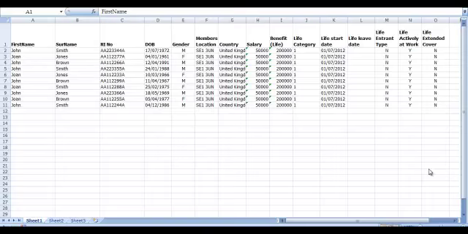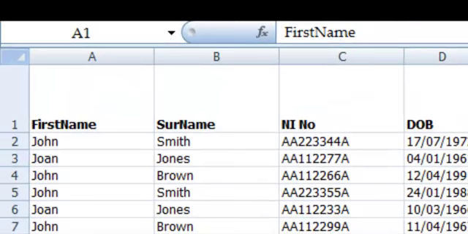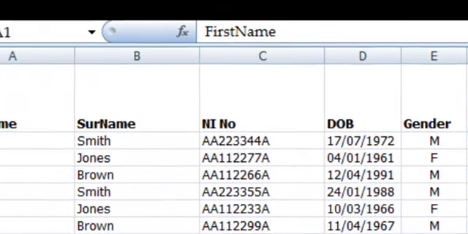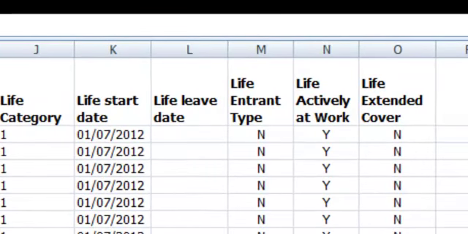The data shown will differ slightly according to the type of cover provided. This example shows that needed for a group life policy. Most of it, such as members' names, national insurance numbers, genders, locations and salaries, is self-explanatory. The life start date shows when the member started to be covered with Ellipse. In this case, the policy itself started on the 1st of July 2012, so all the employees have been covered